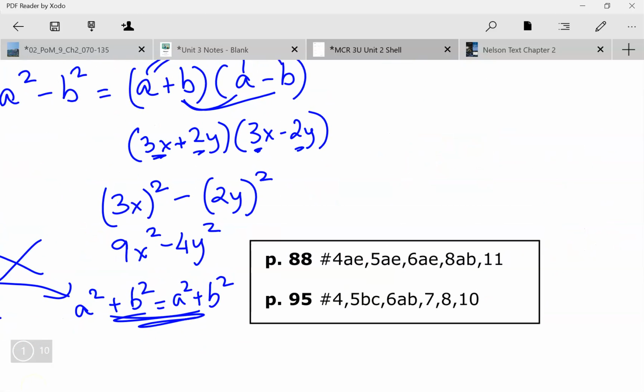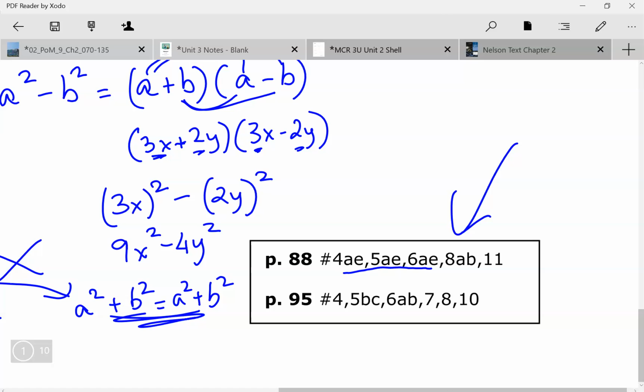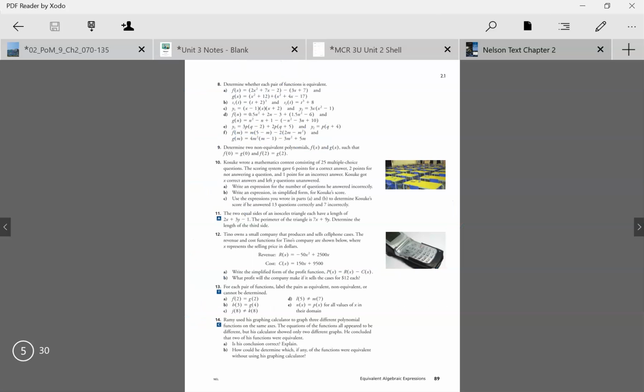Hello, and this is going to be a brief recap of the homework. Again, I'm not going to do most of these questions because hopefully they're fairly straightforward. I'm just going to look over them and talk about them. So 4, 5, and 6